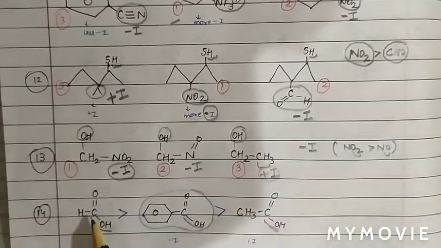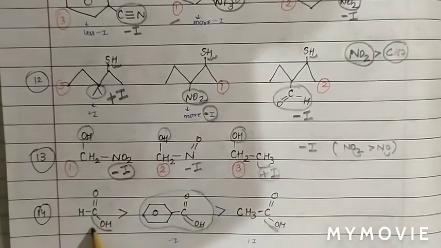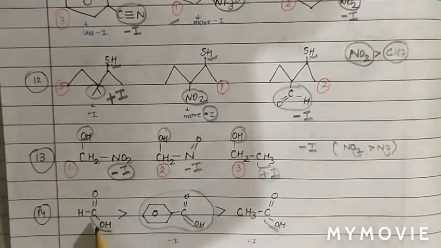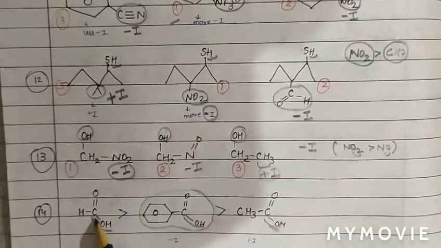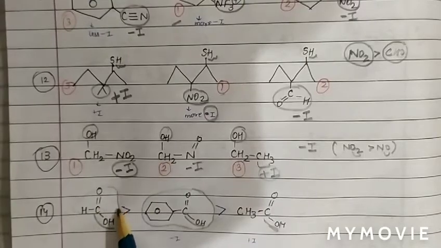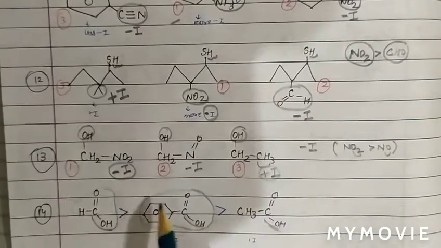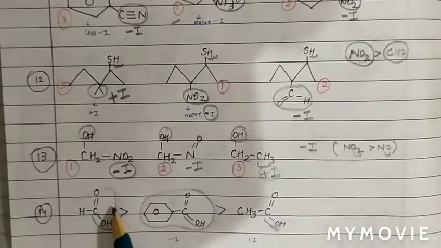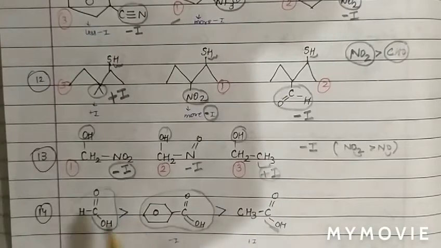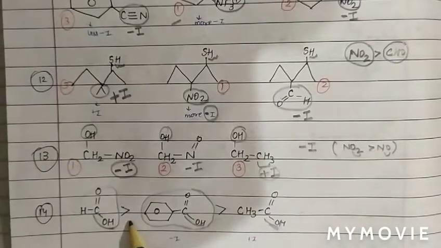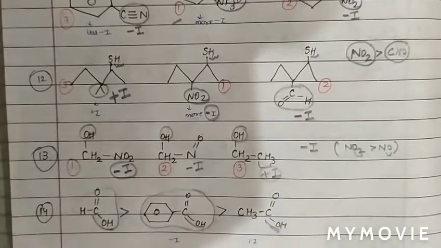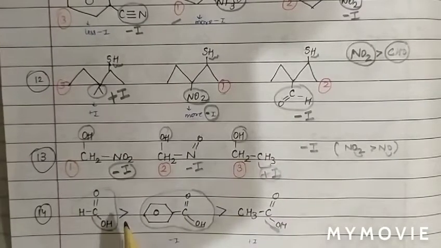Why? Because in case of formic acid, we will discuss in resonance, equal resonating structures are present, equal RS. While in case of benzoic acid, unequal RS are also there. So if equal RS and unequal RS, then the stability of equal RS is more. Therefore formic acid is a stronger acid than benzoic. We will also discuss this when we discuss acidic strength using resonance, and then we'll again discuss this question.